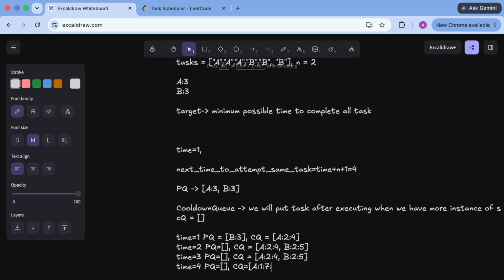It will be executed again at 7, and similarly B2 and 5, right? At time is equal to 5, if you see, PQ